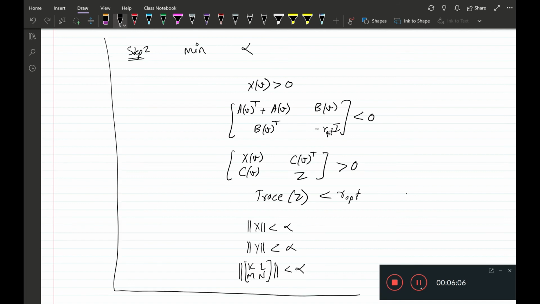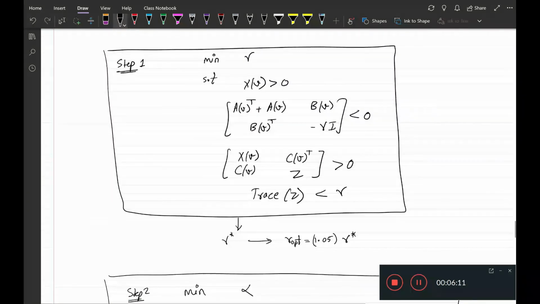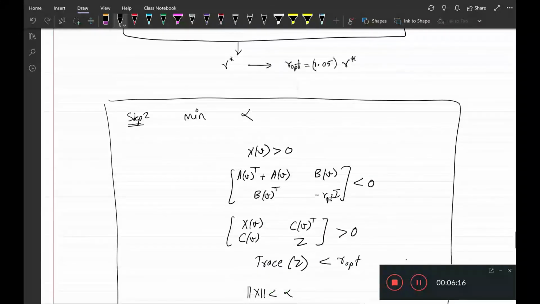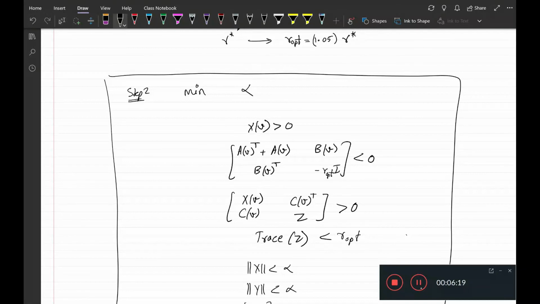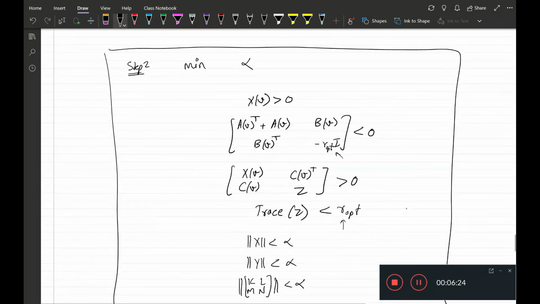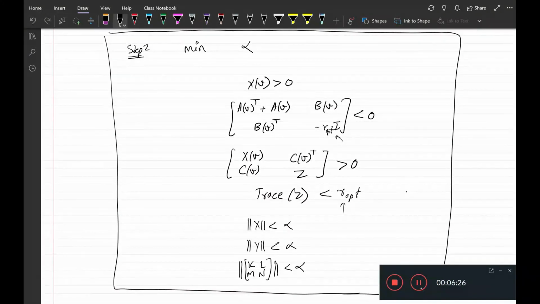So let's see what this problem does. In problem 1 we get the usual gamma star by the usual LMIs. We relax this gamma star and now impose that gamma opt as a constraint and not minimize it here, but instead we minimize alpha, which is a regularization parameter, which is punishing large X, Y and K, L, M, N parameters. So we try to get X, Y, K, L, M, N that satisfy